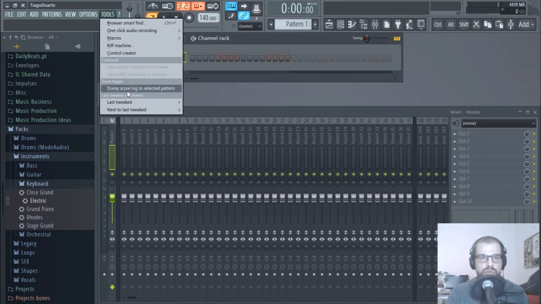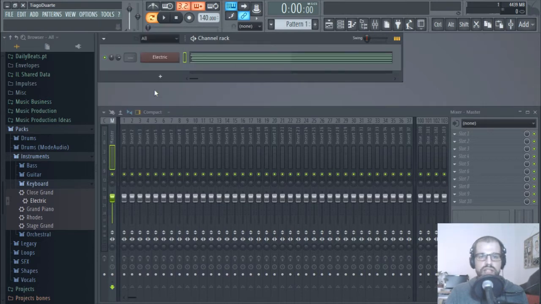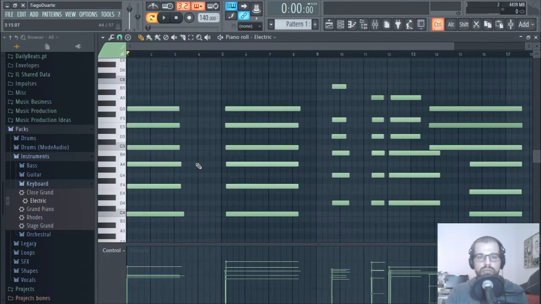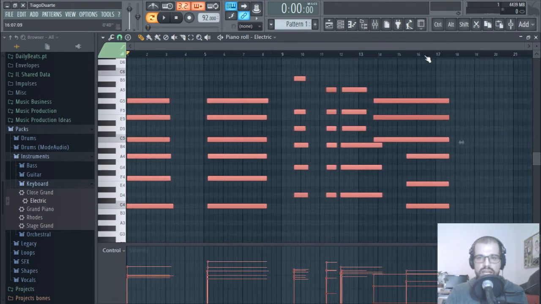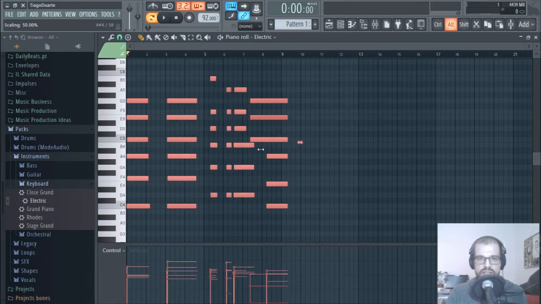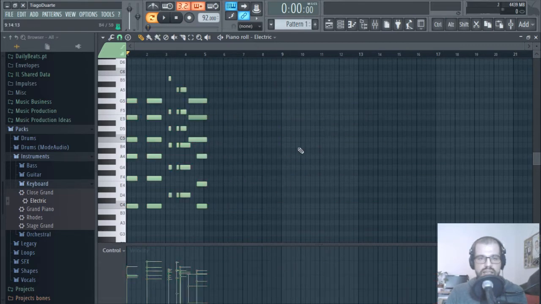So let's go to Tools, Dump Score Log to Selected Pattern, and now if we zoom out, we will have all the chords that I just played. Now let's go ahead and make this like 92 for instance, and let's select everything by clicking Ctrl and dragging all over the notes. And now we see this double arrow, and you can click on Alt and decrease the size like this,